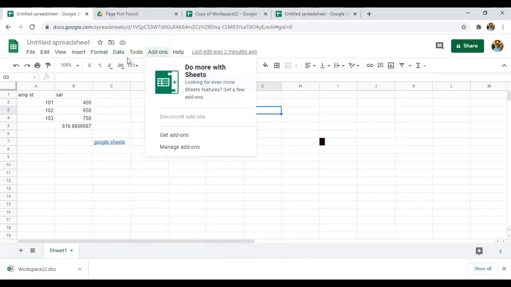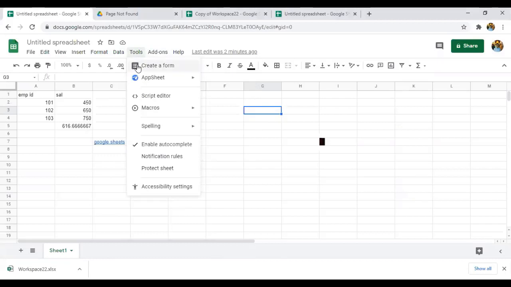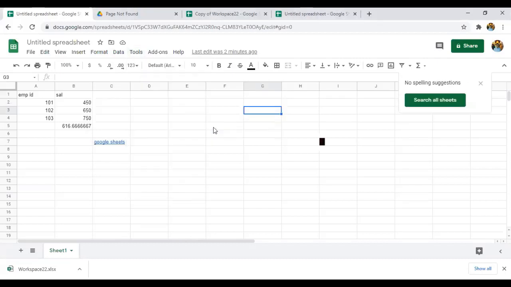Coming to Tools, you can see Create a form, you can create an app sheet, and you can see Spelling. If you have given a wrong spelling, if you click on the spell check, you'll get spelling suggestions. So this is how we use all the menus.